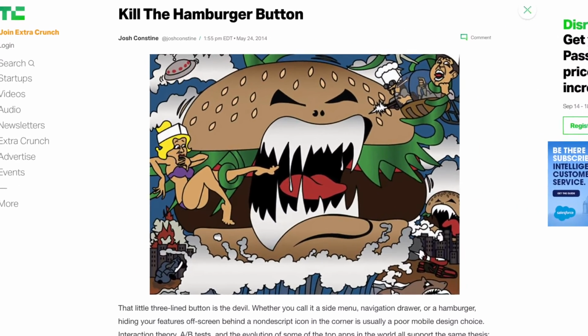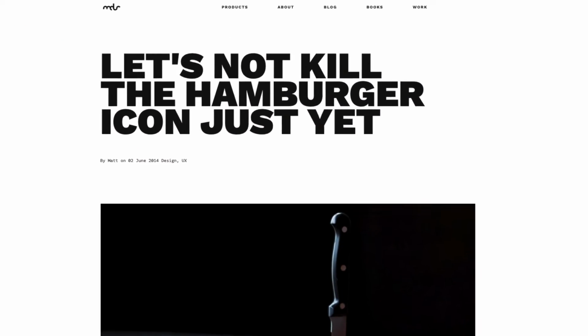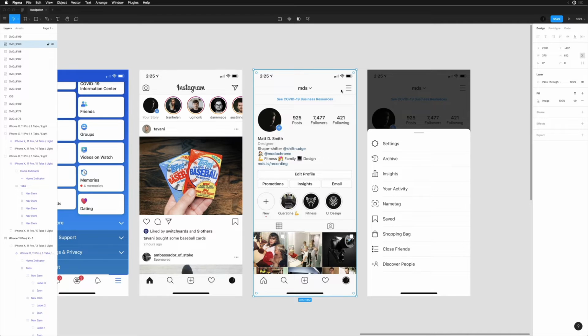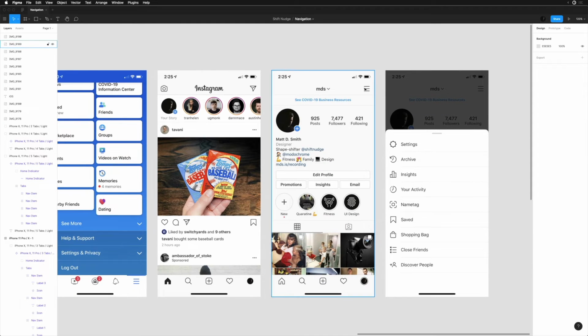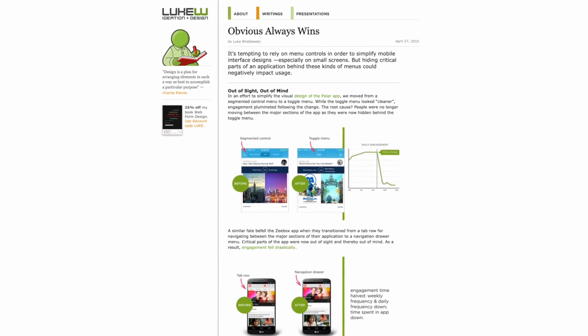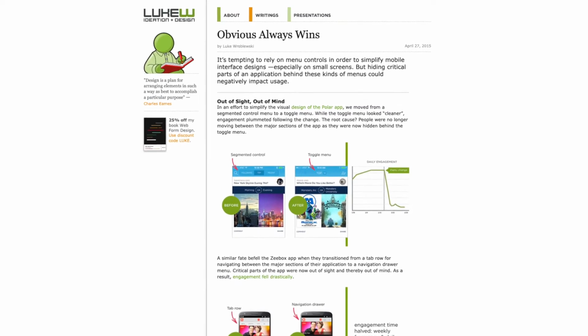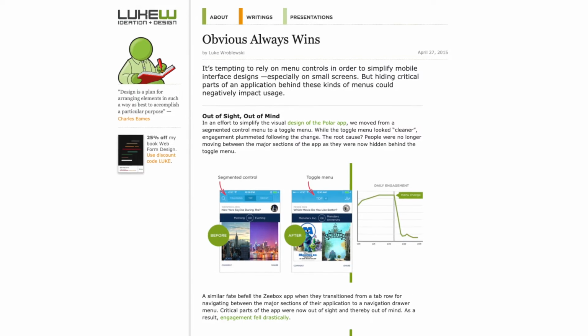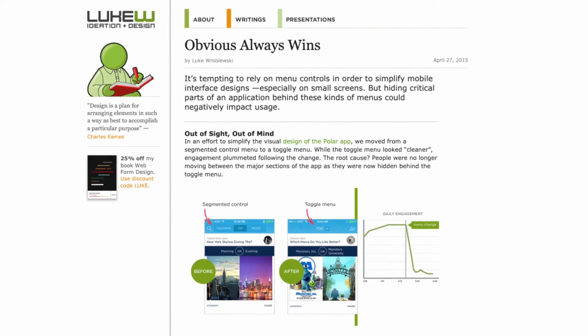You should kill the hamburger menu. Maybe we shouldn't kill the hamburger menu. And so that kind of invaded the mobile space for a while, and it's still become kind of iconic. There's not necessarily anything inherently wrong with the hamburger menu by itself. But if you use just those 3 lines only, without showing any other context, it can be a lot more difficult to find the navigation items. And there's a great study from Luke Wroblewski about navigation items being shown versus hidden. But a lot of that is very contextual to the app, but I will link you up to that study